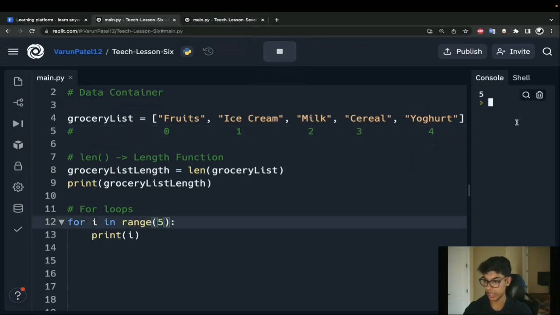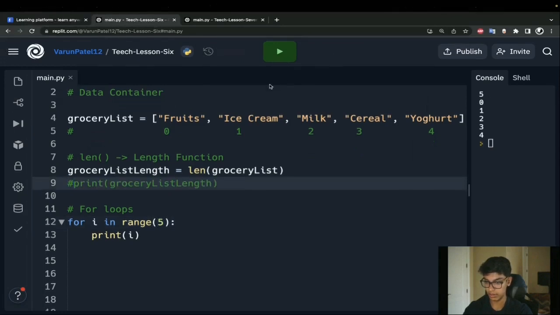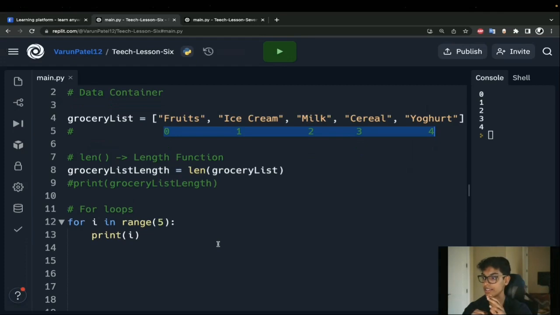And if I print this out, you see we get 0. Let me comment this out. We get 0, 1, 2, 3, 4. And these are the indices right here. What if I have a list so big that I'm not able to just count the values like I'm able to do right here, right? 1, 2, 3, 4, 5. Then wouldn't it be pretty handy to have that length function to tell me how long something actually is?